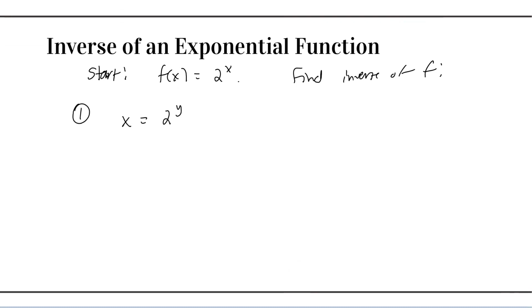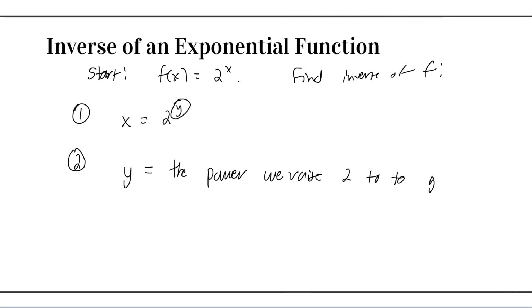Right? And then we were trying to solve for the y, right? And if we wanted to solve for the y and get the y alone, the y would really be the power that we raise 2 to in order to get the number x, right? And then instead of calling that y, we could actually just say that f inverse of x